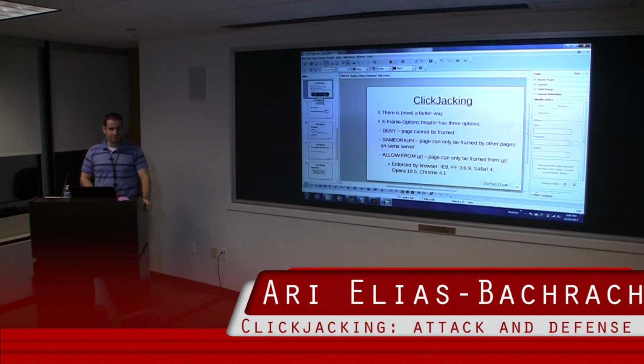Same port, so if your site was SSL, your iframe would have to be SSL. You couldn't frame it from a port 80 thing. If you read up on the web's same origin policy, they put that in deliberately: same origin implies same port as well. All right, I guess I'm good.